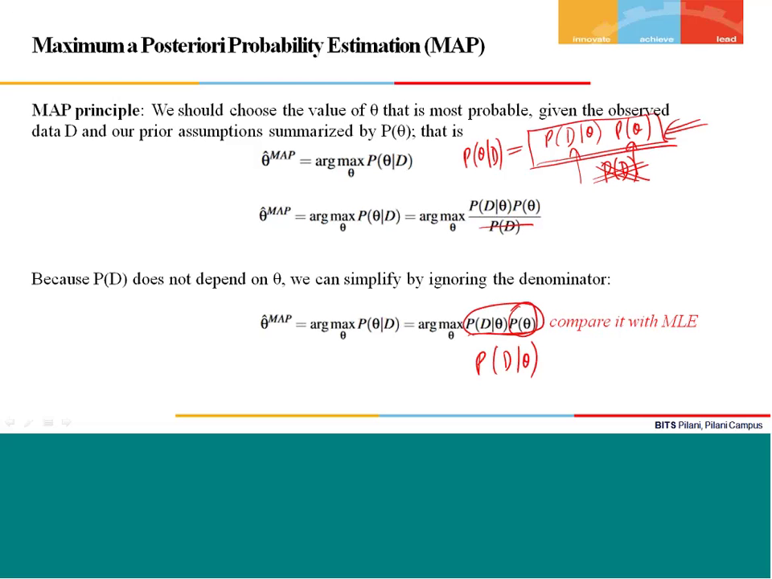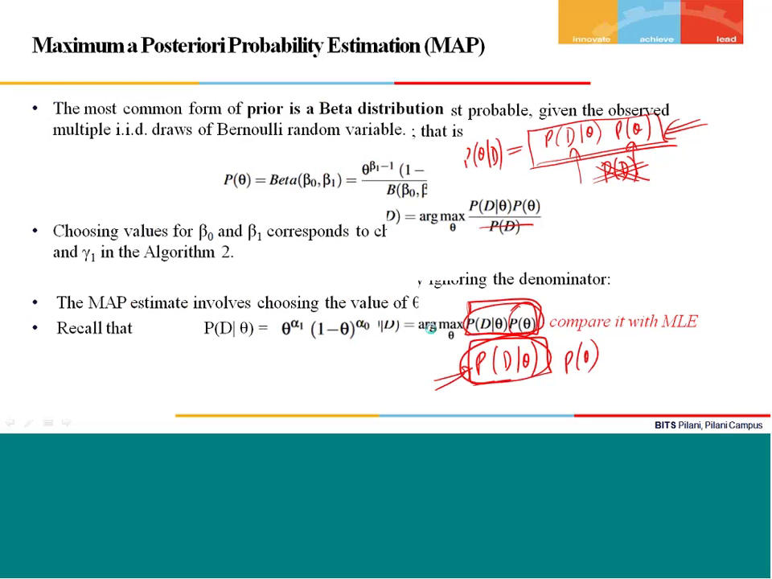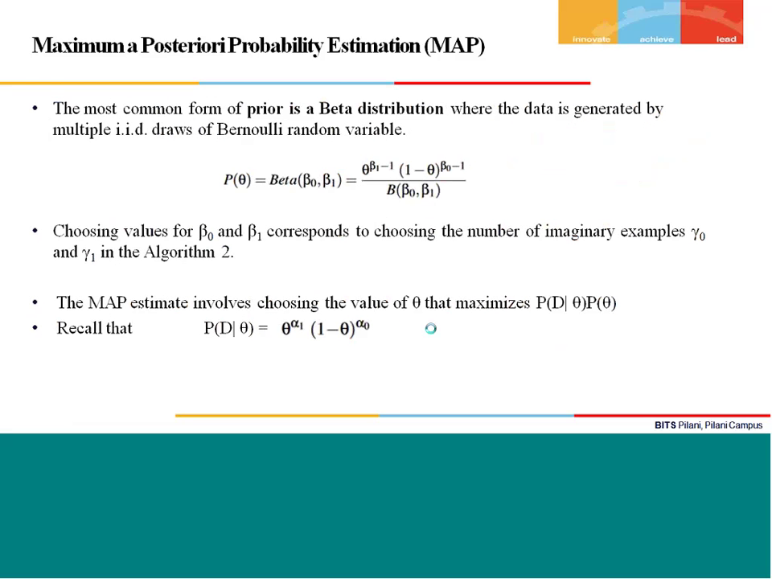I'm repeating this sentence again and again because you should understand it. In maximum likelihood estimation, there is no prior. I'm just maximizing this term only. But when I'm talking about MAP, I am maximizing the product of prior and likelihood. Don't forget it. So for the prior, I am taking the conjugate